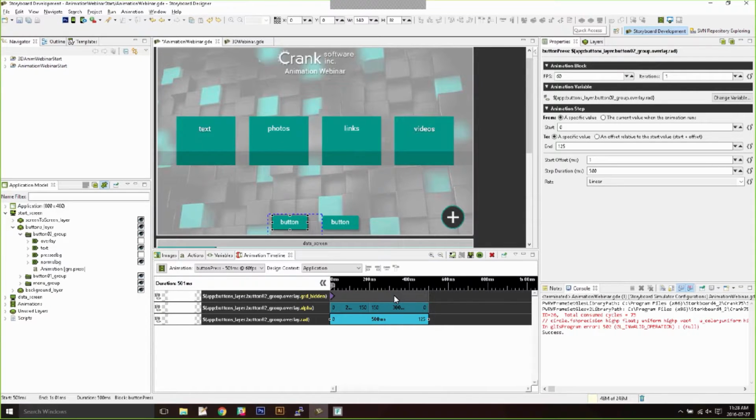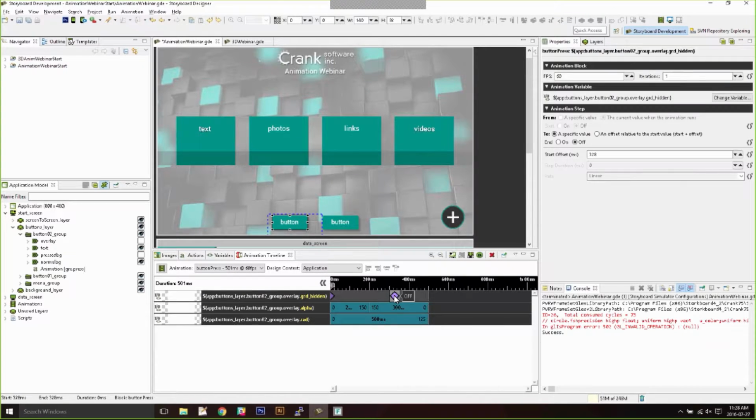We'll want to hide the overlay, and to do this, we will again just add in another animation step for our hidden variable, and by double-clicking, it can automatically add in the endpoint, so we can just go into our properties view here and turn it on. Now we can select multiple animations and use our align tools up at the top to align the animations